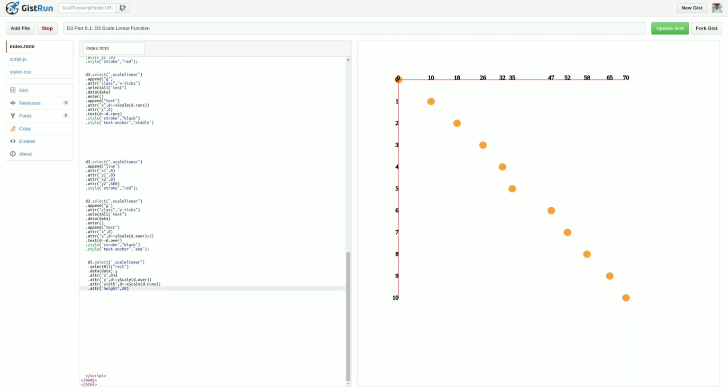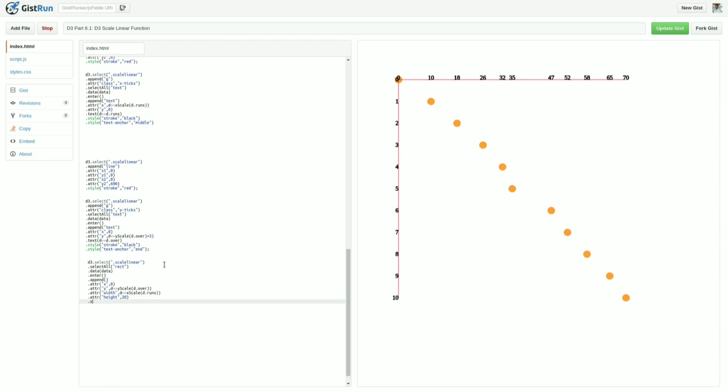d3 dot scale linear, I have appended the rect, I have passed the data, then dot enter dot append. I have appended the rect, its starting position from 0, y will always be y scale of over, width will be x scale of d dot runs, and the height will be always 20.